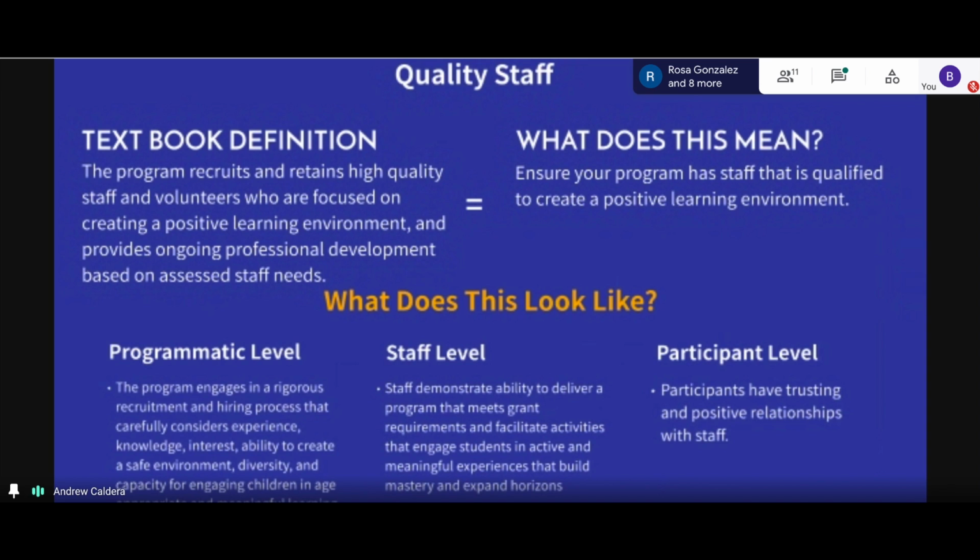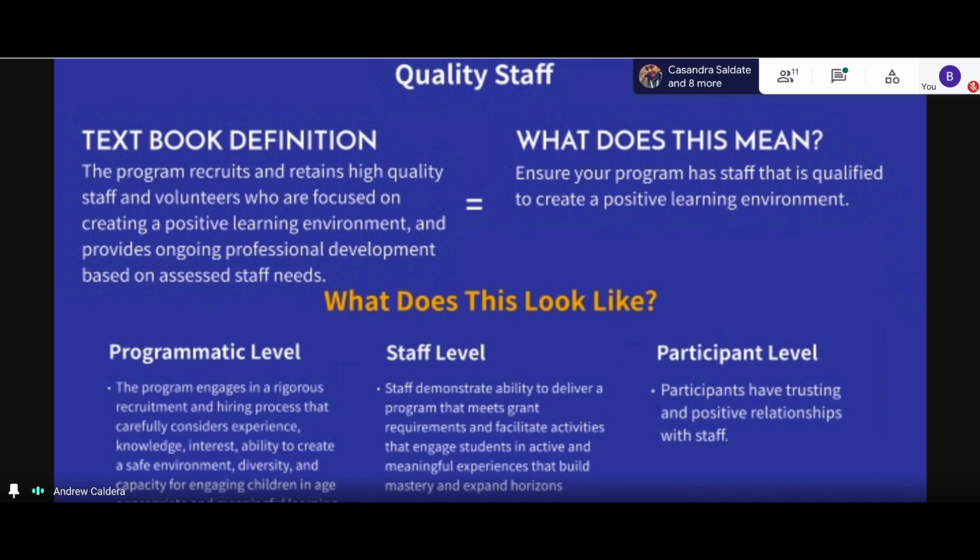We all should want quality staff, because quality staff leads to a quality program. With quality staff, participants are able to build trusting and positive relationships with all their staff. We want that because when students feel trusting and grow those positive relationships, they're more willing to come back.